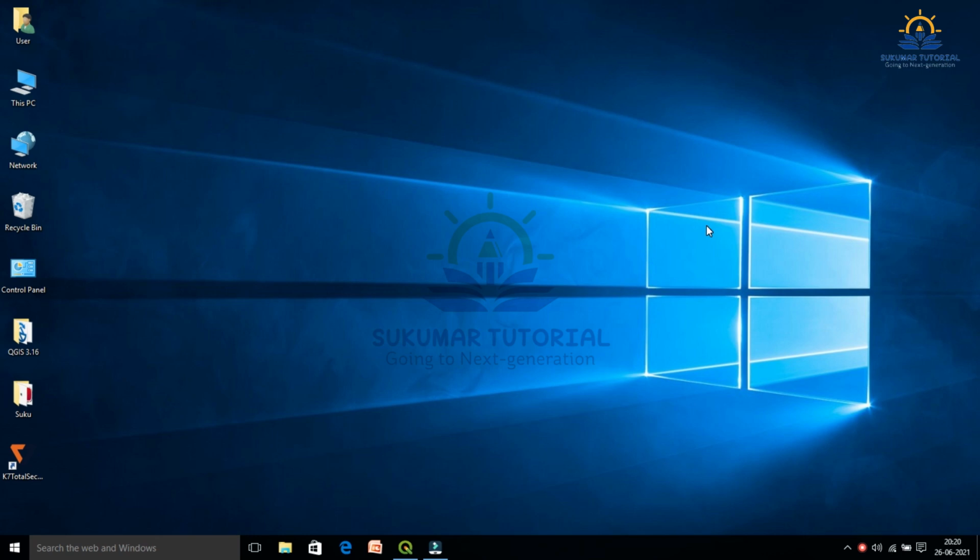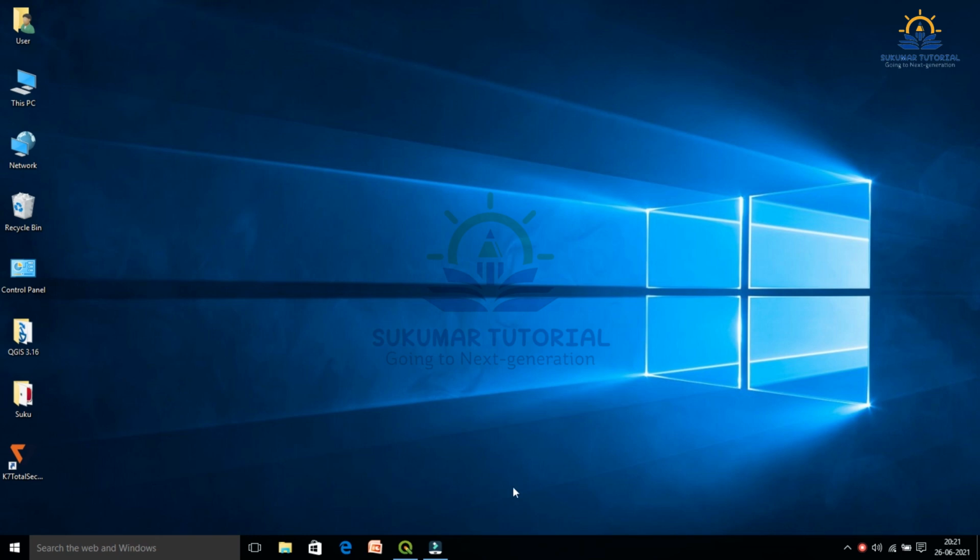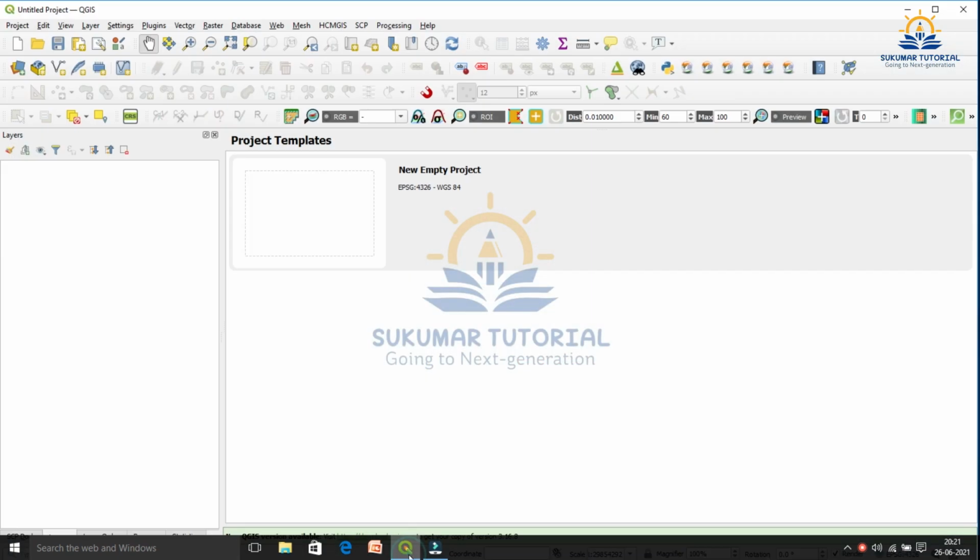In the last three classes we have seen how to digitize point features, line features and area features using the georeferenced map. Now I am going to demonstrate how we can superimpose the georeferenced map over Google Map and then compare the land use land cover change and make a study out of it. So let us go to QGIS.